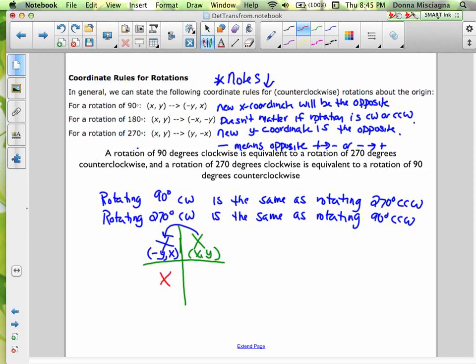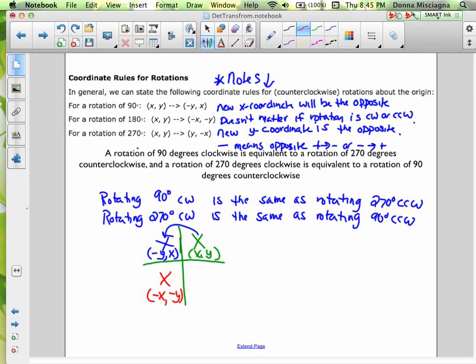Coordinates are going to switch back again. Now they're going to go back, but this time both of them will be the opposite. They'll be the same values, but the signs will be changed. So for a rotation of 90 degrees, 180 degrees counterclockwise or clockwise,